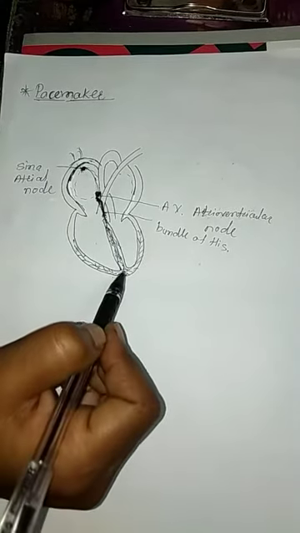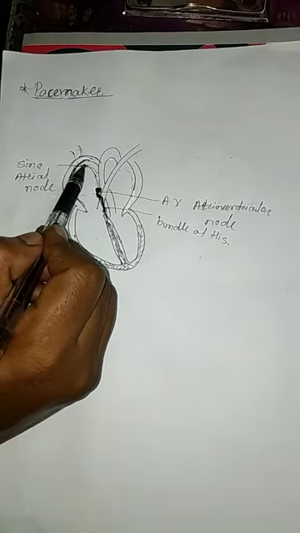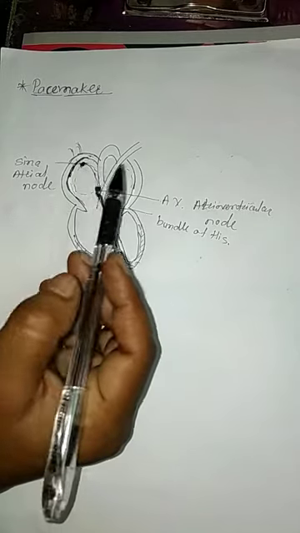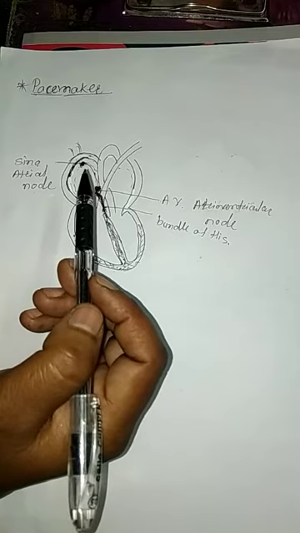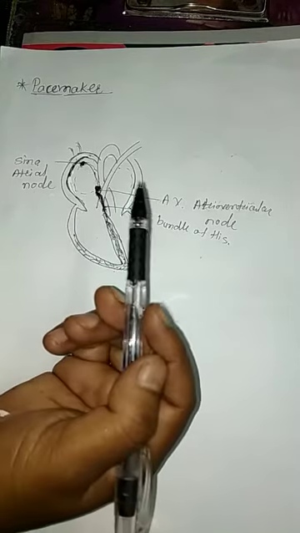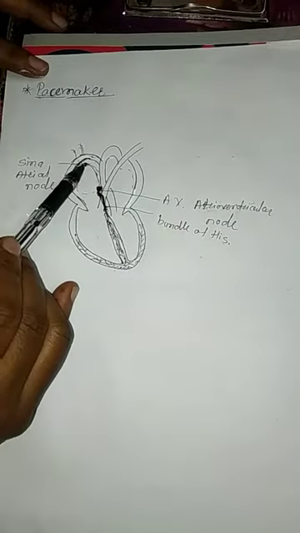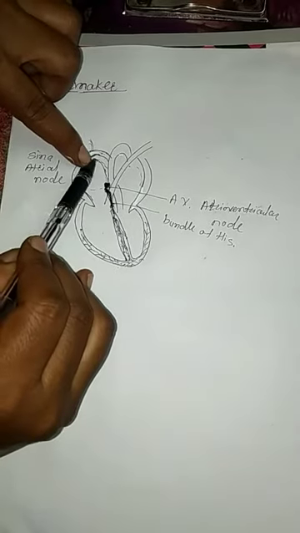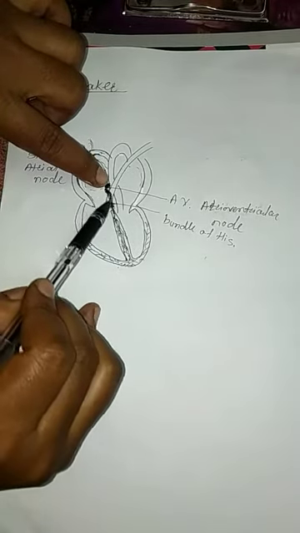And this bundle of His has many branches, like fiber-like structures. See, student, in our home there is also an electrical circuit, with the main switch. The SA node is the main switch. Then there are so many electrical instruments present in our house, like tube light and fan. Electrical wires are transported to where the electrical things are present. Same like that, the SA node generates the electrical impulses. These impulses are conducted from the SA node to the AV node. Then there is a muscle fiber.